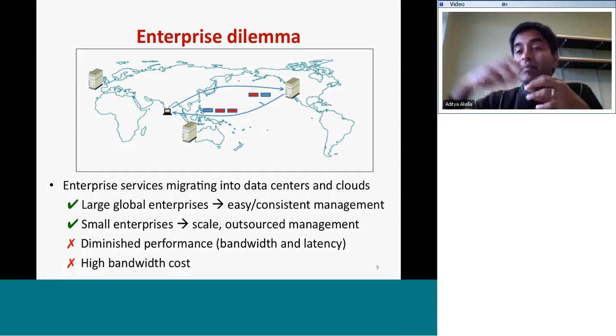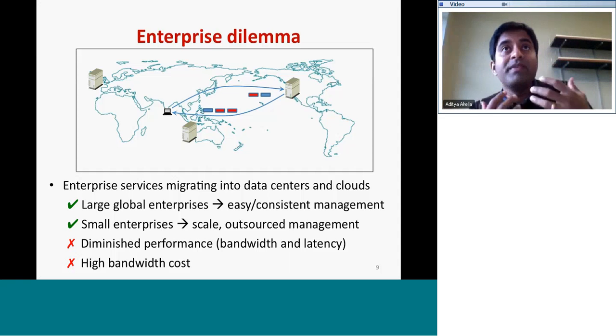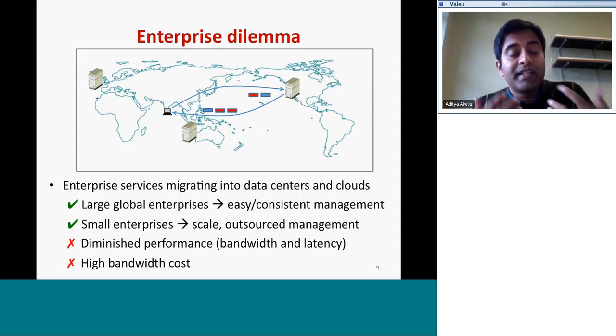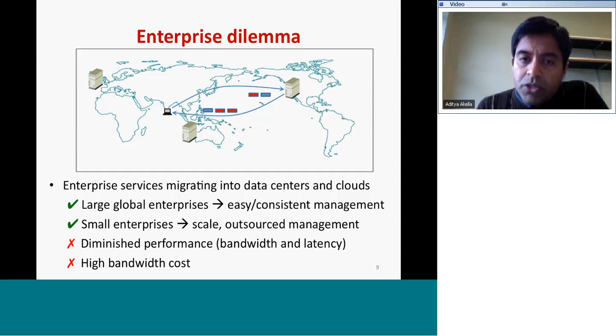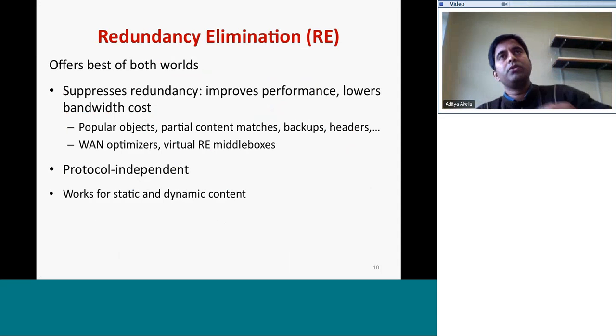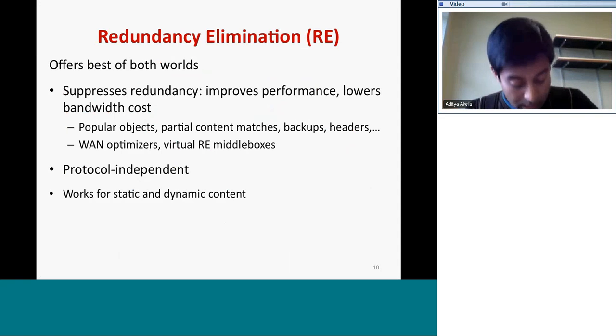So it has implications for WAN usage costs, but also latency and the bandwidth available become affected. So it impacts the performance and also cost. So the way to address this dilemma is to use things called WAN Optimizers or redundancy elimination devices. Let's just use the term redundancy elimination to encompass all those sets of solutions. And essentially,